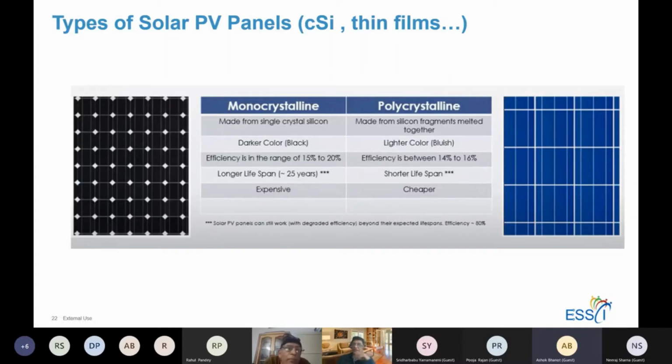And then, of course, you have other technologies like thin films, which came with a philosophy that, in a typical silicon-based panel, you are actually generating the energy from a very small amount of silicon. So they said, let us look at, instead of wasting silicon, which at a point of time was very costly, it used to cost $300 a kg a decade plus back. So they said that let's actually create a thin film of silicon on a substrate which is inexpensive and use that for farming solar energy. And they did farm solar energy out of it.